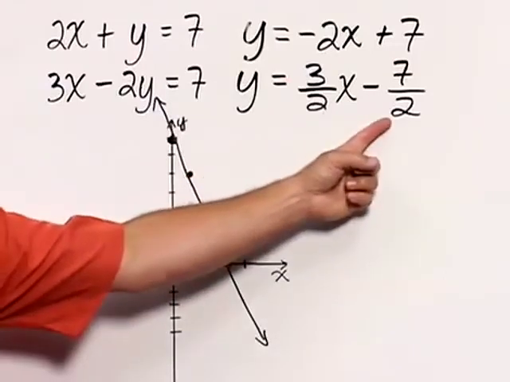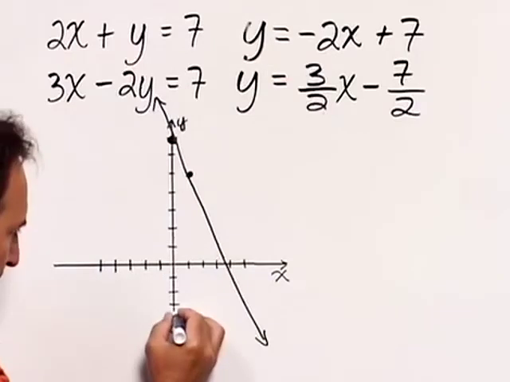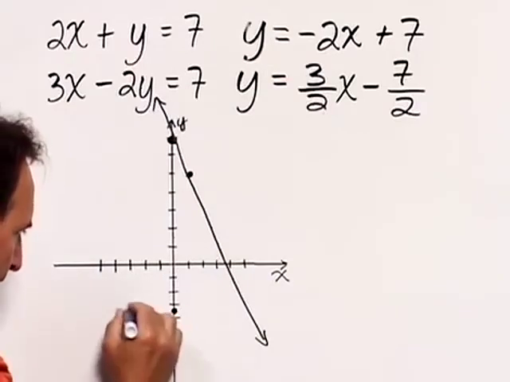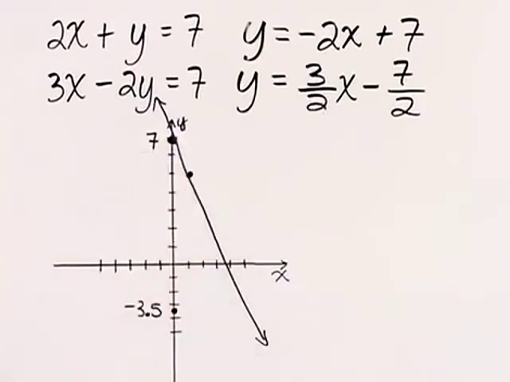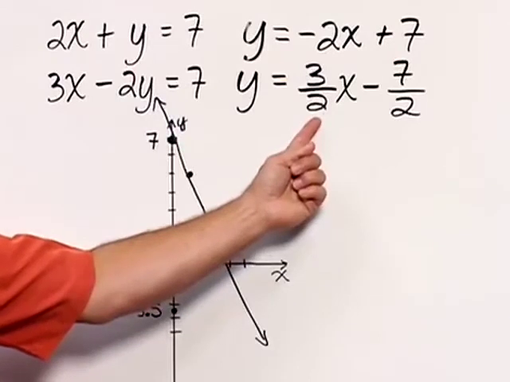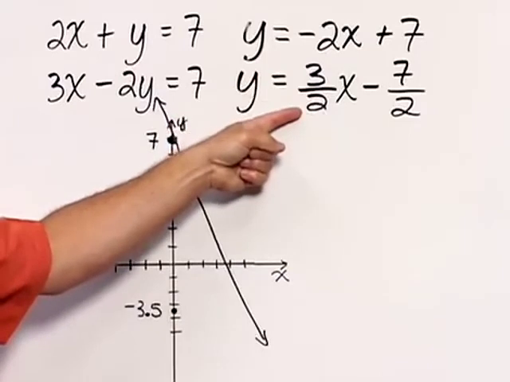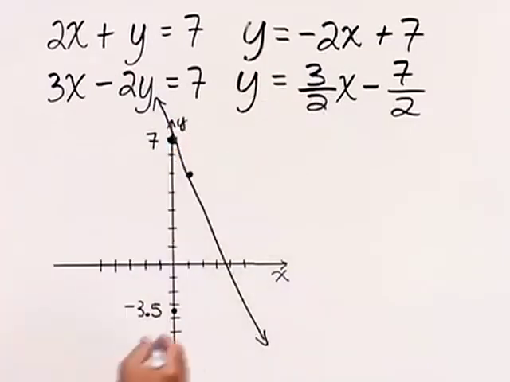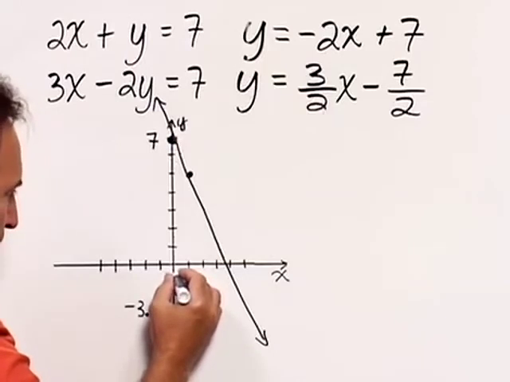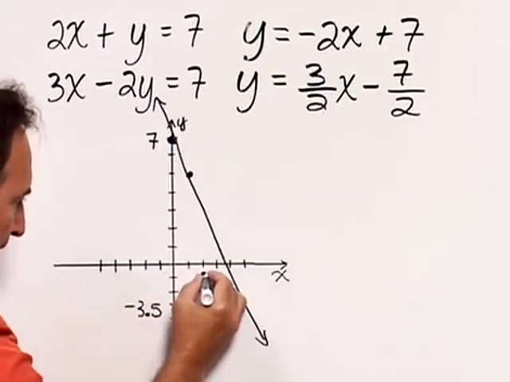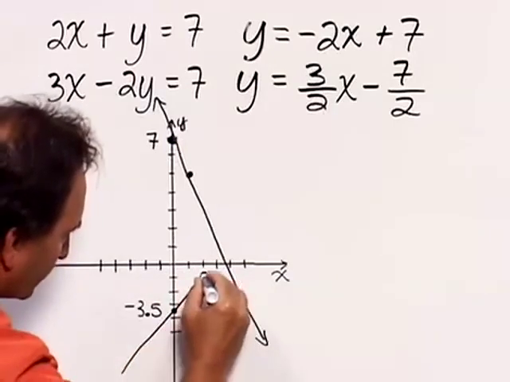In this case, the y-intercept is negative 7/2, which is negative 3.5, so that would be down here, negative 3.5. Let's label that as 7. The slope this time is positive 3/2, so the rise is go up 3, the run is go right 2. So we would go up 3, 1, 2, 3. Then we would go over 2, and that gives us our second point. We then draw our line through those,